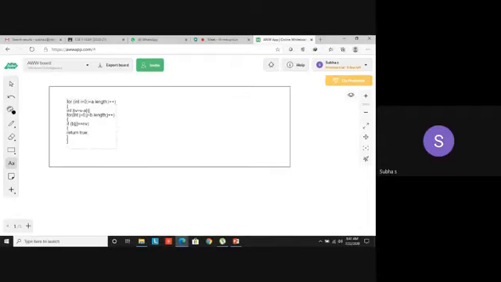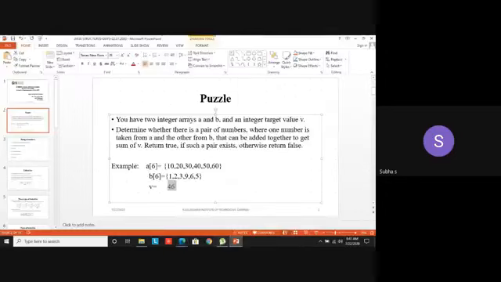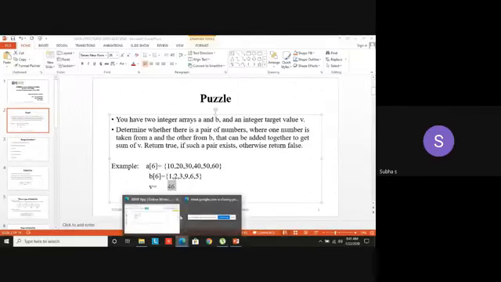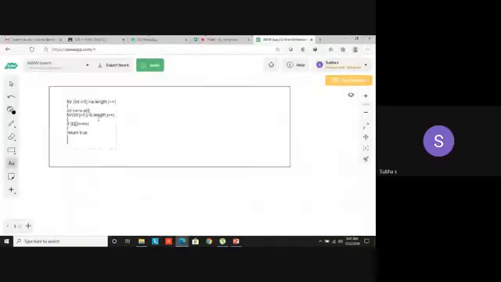Then I am using a new value, net value equal to V minus A of i. V is the result that we know, 46. V is the 46 value. So V minus A of i. We know two numbers, we know the added result. Just you are going to do the reverse thing. You are subtracting that result with any of the numbers. If you are getting that another number, your function will return true.